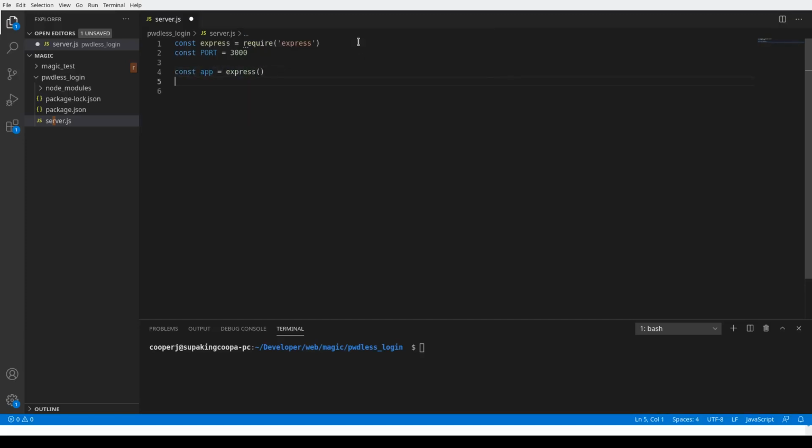And if you don't know what's going on here, you can just find a YouTube video or something for Express. There are tons of videos out there and articles about the Express server, how to get it running and everything. So I'm not going to go over that right now. So just follow along. So we're going to do app.use